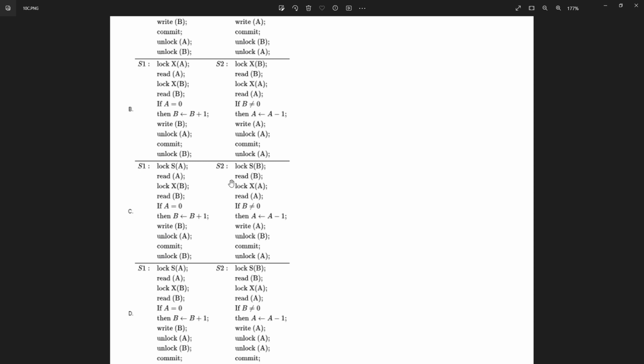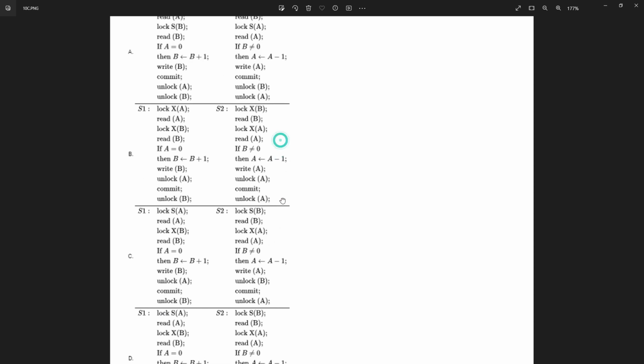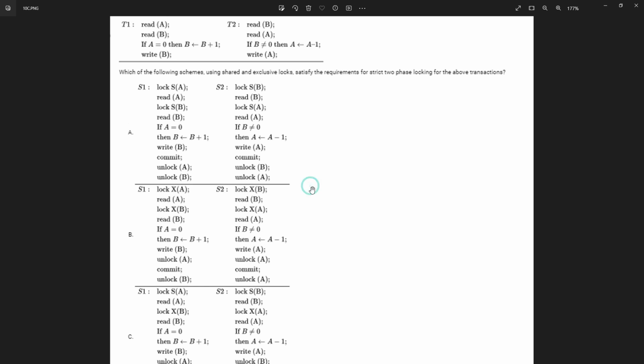Lock followed by unlock, lock followed by unlock. Option D also has lock followed by unlock only. So we cannot simply eliminate that particular option, right? So what might be the other option? You have to go with unlock of a data item, but it has to be committed before it, right? So if you are able to observe,